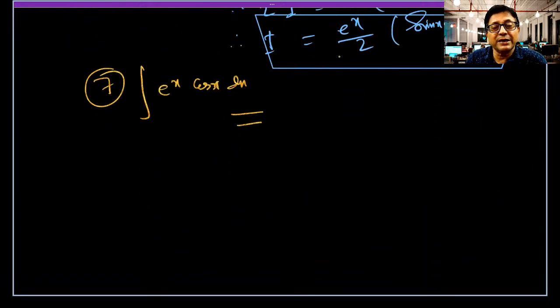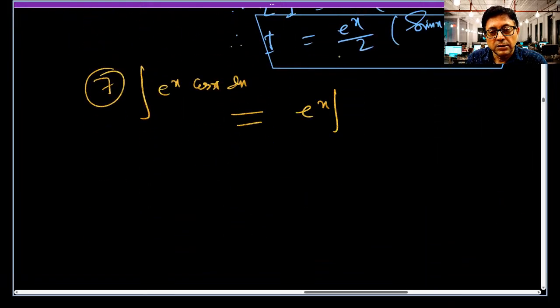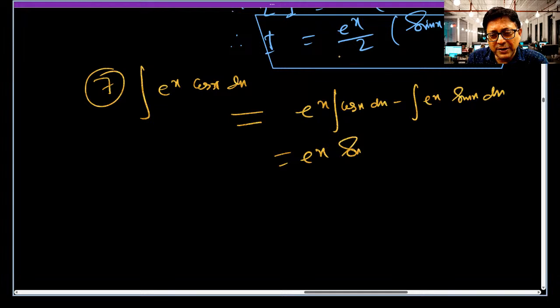So I am taking e to the power x first, cos x dx minus cos x integration is sin x dx. So e to the power x sin x minus, again by parts for it, integration of sin x is minus